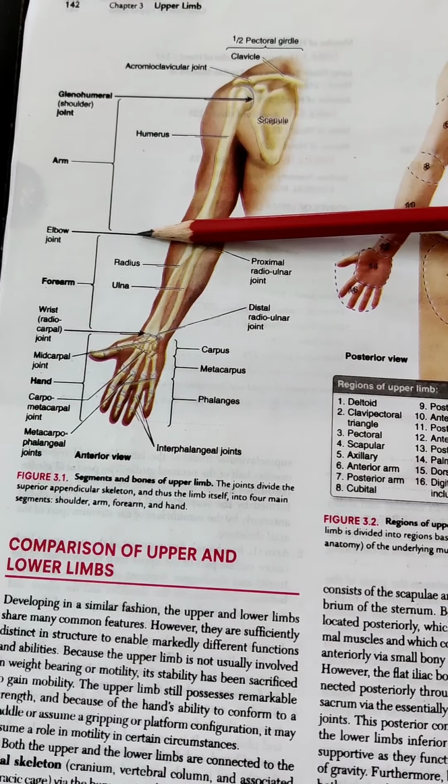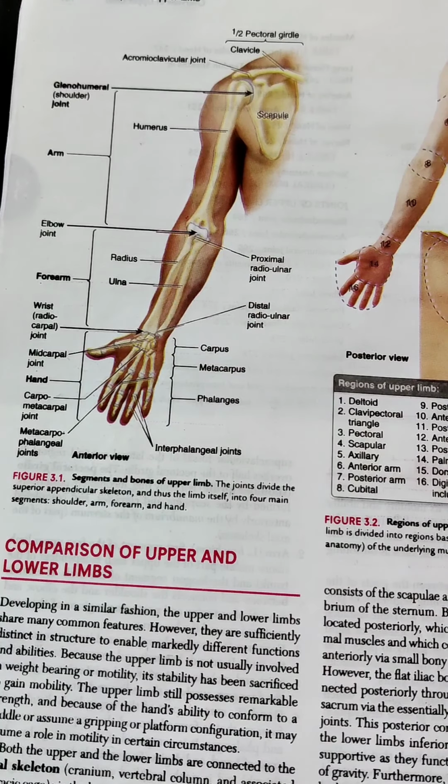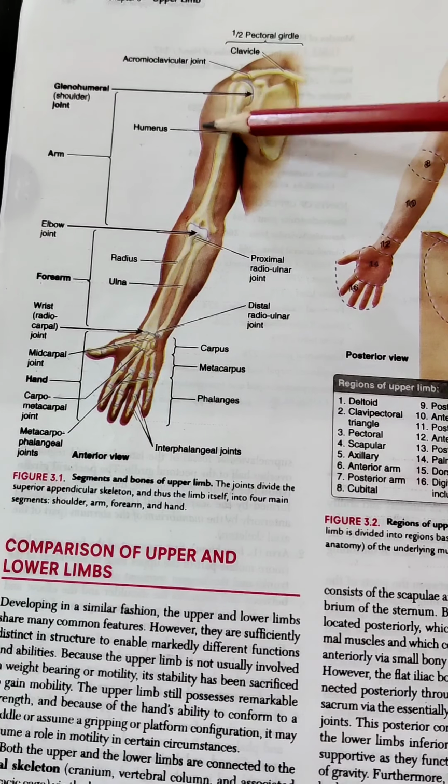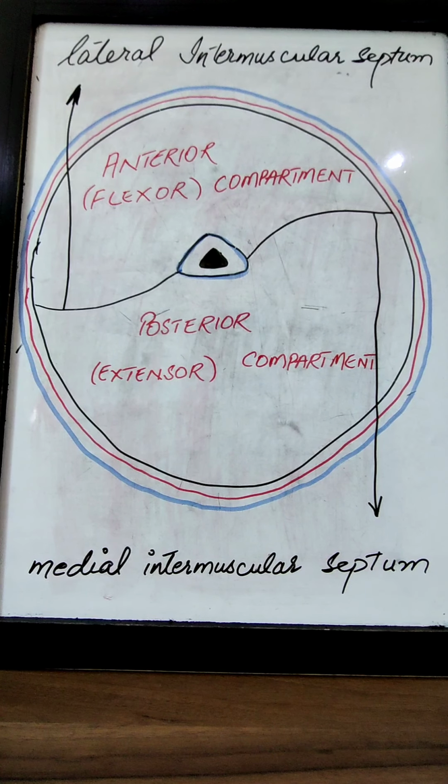So this part here is the arm, this is the forearm, and then you have the hand here. So today we're going to be talking about the various muscles which are present within this region known as the arm. Before we talk about the various muscles of the arm, it's important to know that the arm is divided into two compartments, an anterior or flexor compartment and a posterior or extensor compartment, by the presence of the various septa